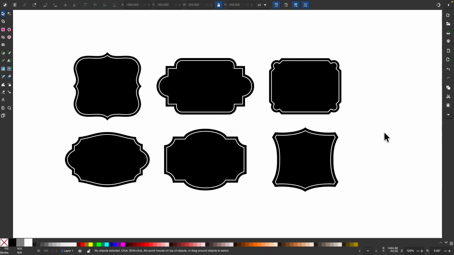In this tutorial, I'll be demonstrating how you can use Inkscape to create these unique shapes for designing logos, emblems,